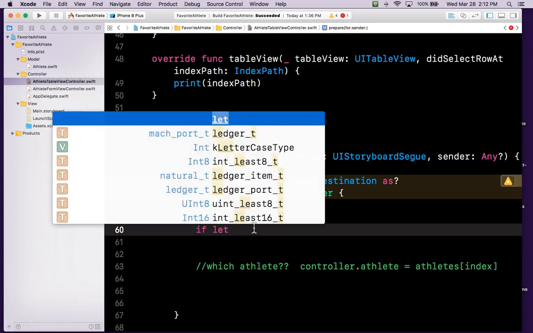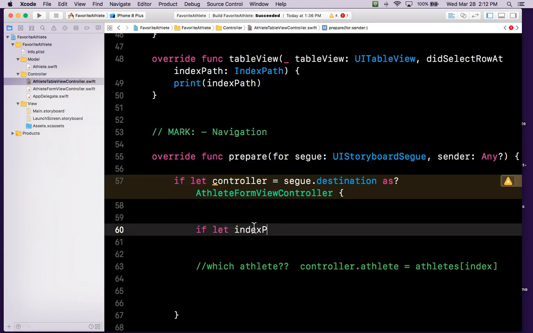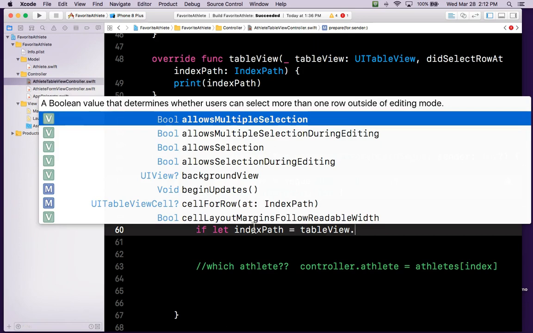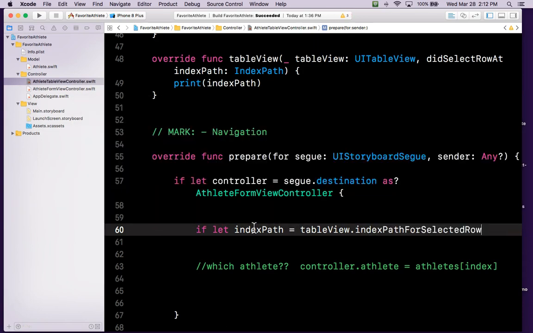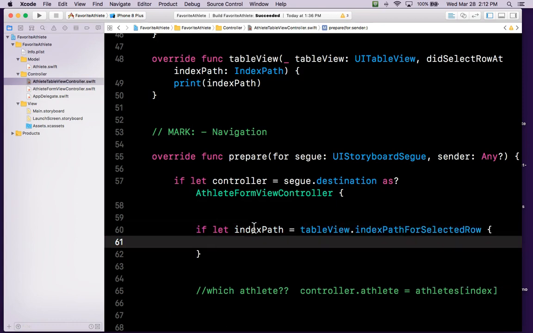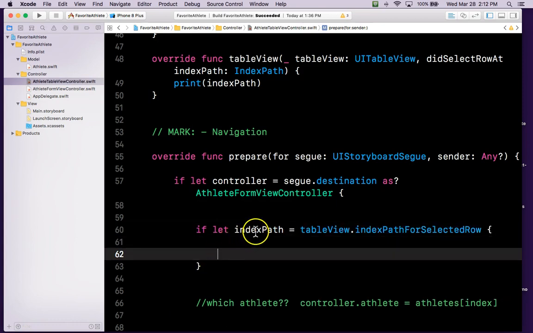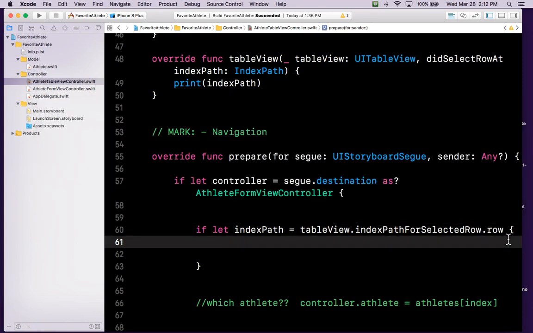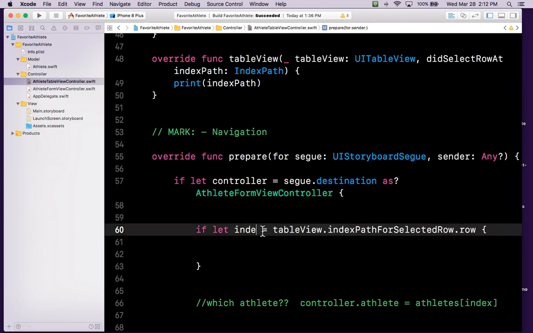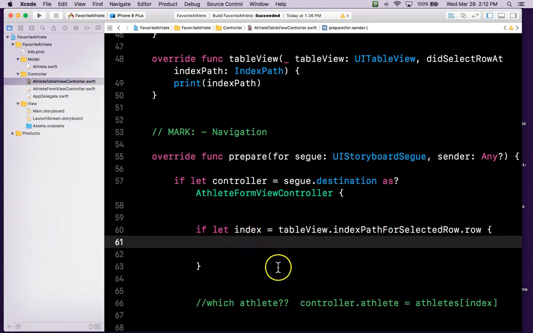So I'm going to make an if let statement, if let index path, because I don't know if one exists, and I want to be absolutely sure that one exists. And we can pull up something called table view here, which, because we've got a table view in there, is accessible to us. Table view.indexPathForSelectedRow. And that's it. Oh, actually, you want .row, because this would give you the index path, but I actually want the index itself. So now it'll give us an actual integer, which will make it easier because we know